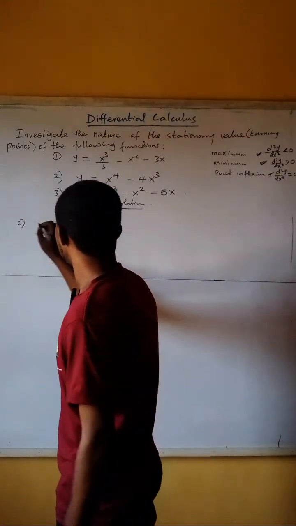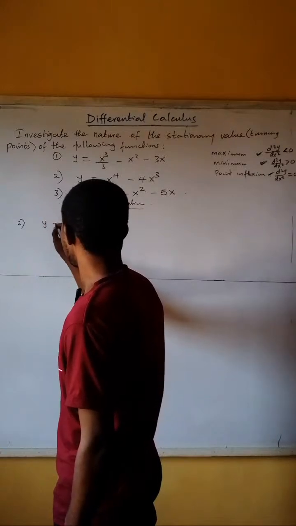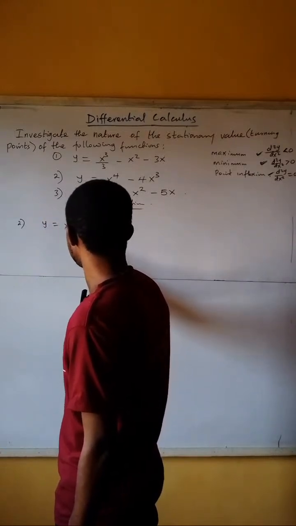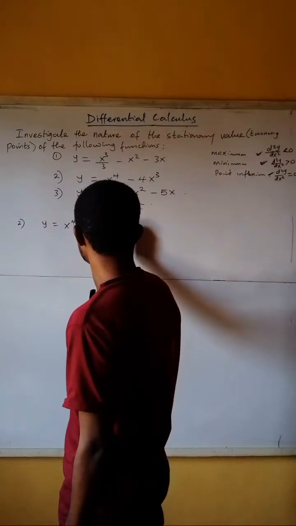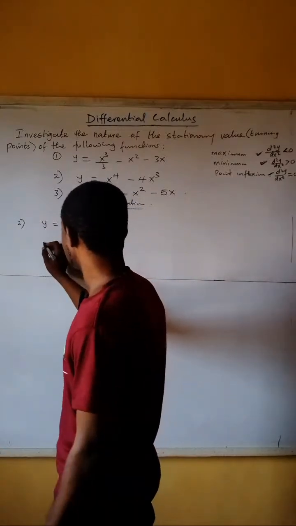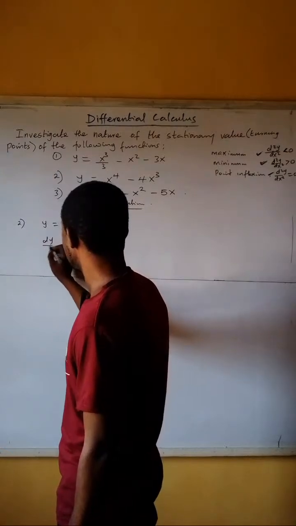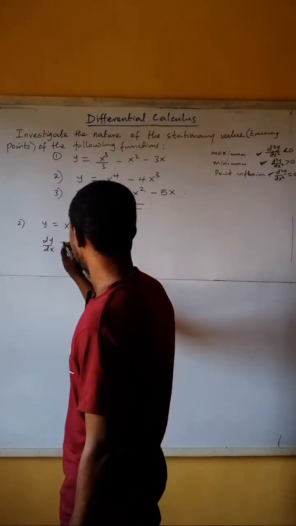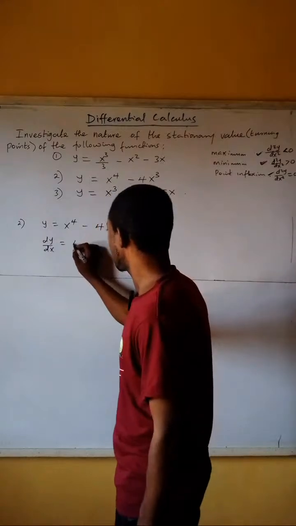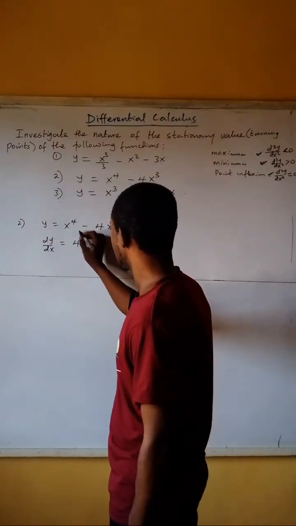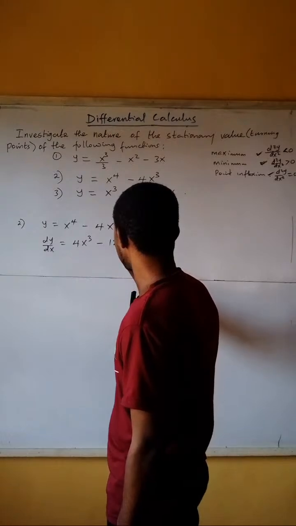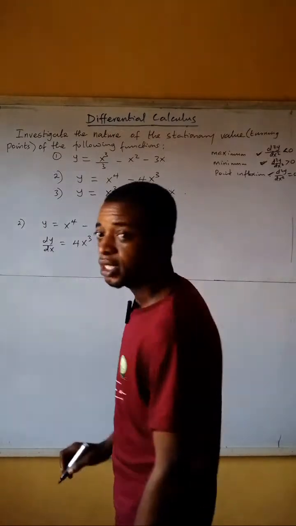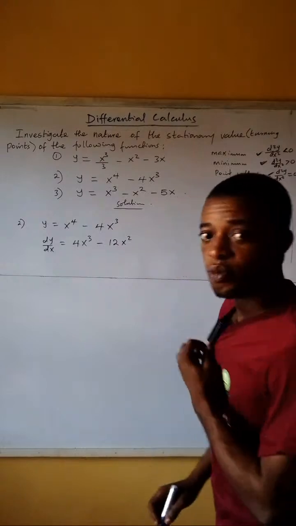So, number 2, we have y equals x raised to power 4 minus 4x cubed. Now, we have dy/dx. The derivative of this becomes 4x raised to power 3, then minus 12x squared. Then, since we know that at turning point,